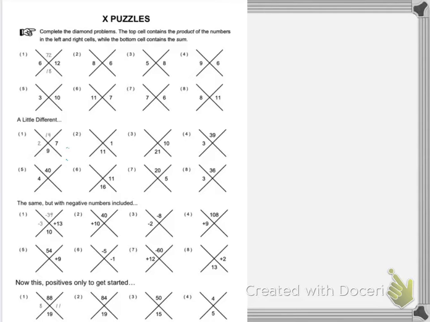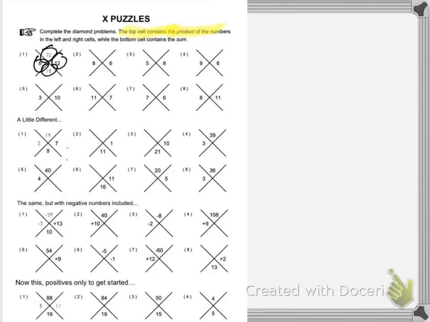This is not used until Unit 6, but we are learning it early to give you an early exposure. So let's read the directions. Let's go ahead and complete the diamond problems. This diamond has 4 parts: 1, 2, 3, 4. The top cell is going to contain the product